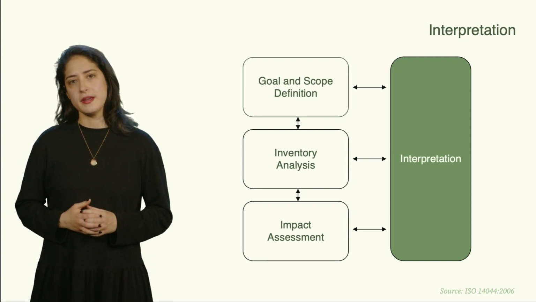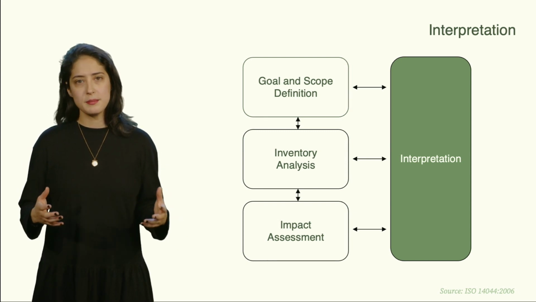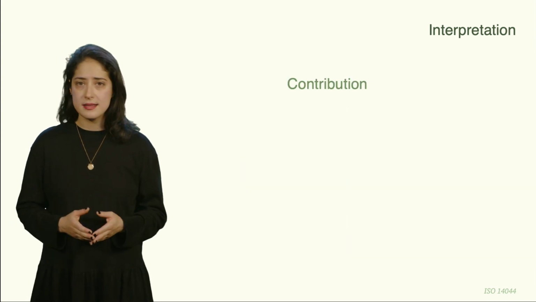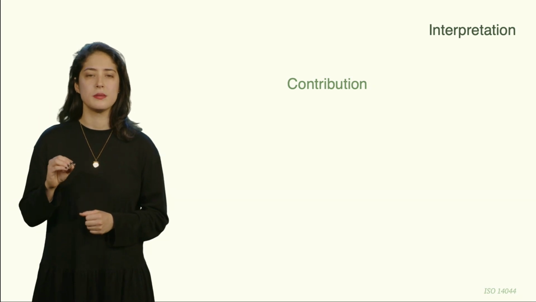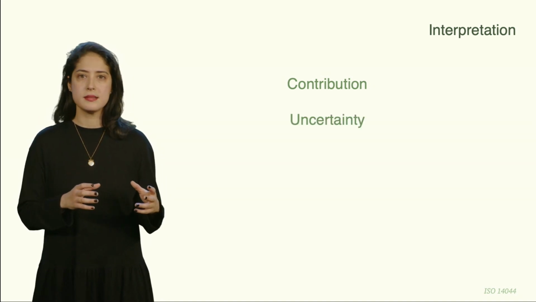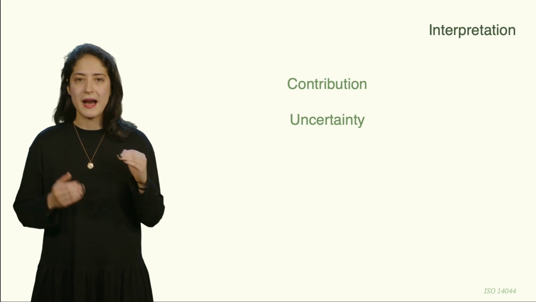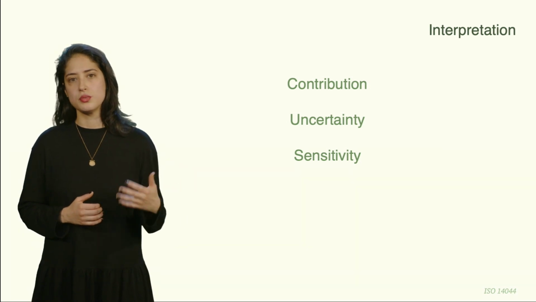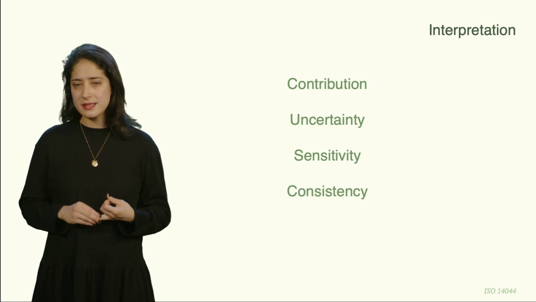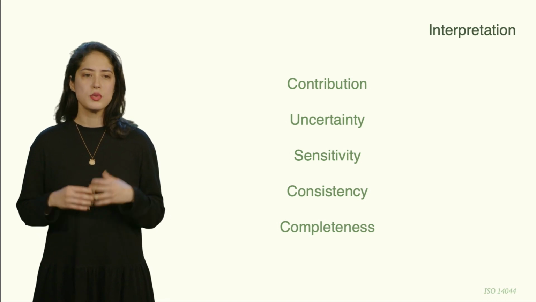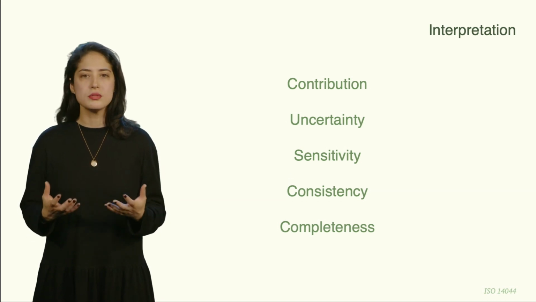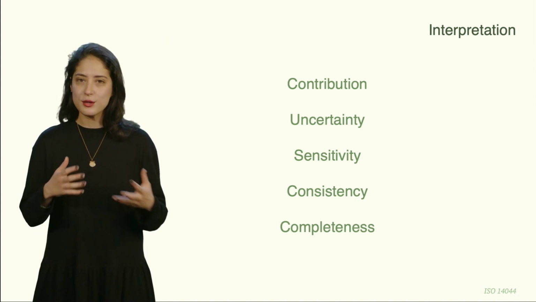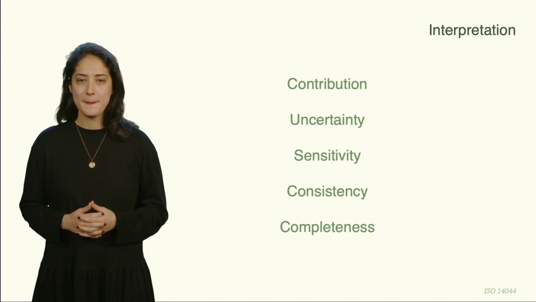During the interpretation phase of LCA, different analyses can be performed to help provide more informed results. These are, for example, contribution analyses that can help identify key processes within a product system, while uncertainty analysis can provide some perspective on the level of accuracy of the results. Sensitivity analysis and additional measures to assess consistency and completeness can be used in LCA studies to answer questions such as, how are the results influenced by the databases and the geographical scopes considered? How do model assumptions influence these results?